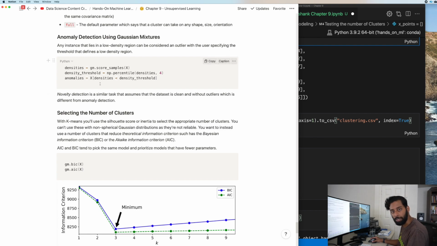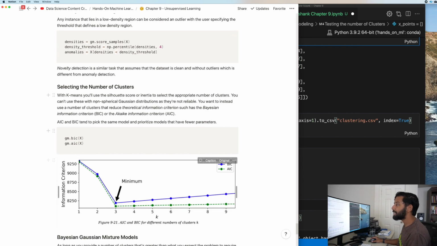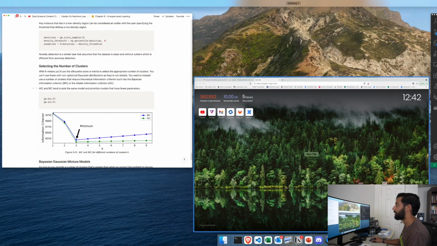With novelty detection, you assume that, and you're just looking for novel values. To set the number of clusters, you need more statistically rigorous methods with GMMs. What you're trying to do is reduce the theoretical information criterion using either the Bayesian information criterion or the Akaike information criterion.